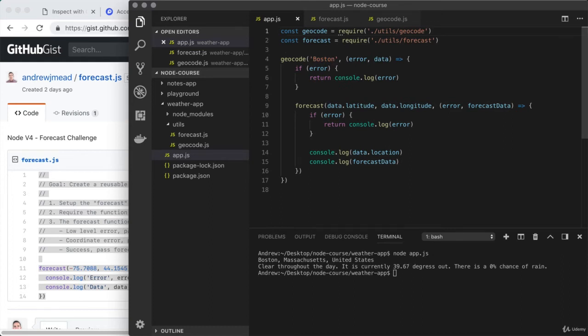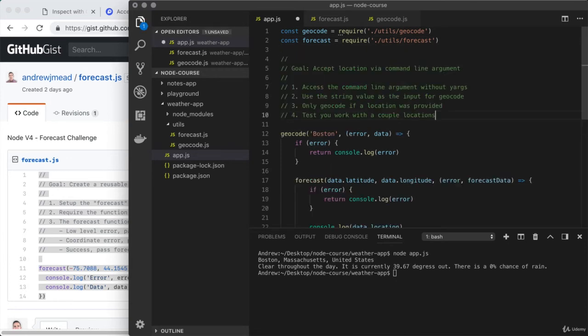Getting that done is going to be your challenge for the video, and down below I have some challenge comments outlining what I'd like you to do. The big picture goal: accept a location via a command line argument. Now you're going to access this single value without using any module like yargs. You can use the standard functionality we explored on process, and that was the second video of section 3. So if you forget exactly how that worked, that's okay. Go back to the video to jog your memory or use the PDF guide,